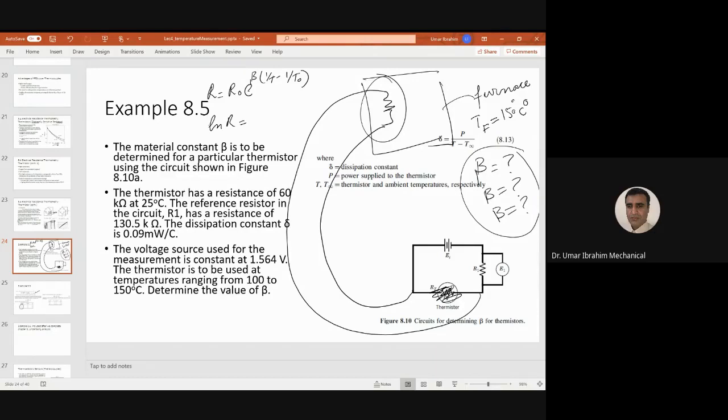Students? Fahad Rasul? Yes, sir. ठीक है. हाँ, दोनों साइड पे आप नेचुरल लॉग ले लेंगे, उसके बाद लॉग के लॉज यूज करेंगे, तो इससे आपके पास बीटा की वैल्यू आ जाएगी। अब बीटा की वैल्यू हमें यहां से मालूम करनी है, लेकिन उससे पहले हमने आर की वैल्यू फाइंड आउट करनी, ठीक है।